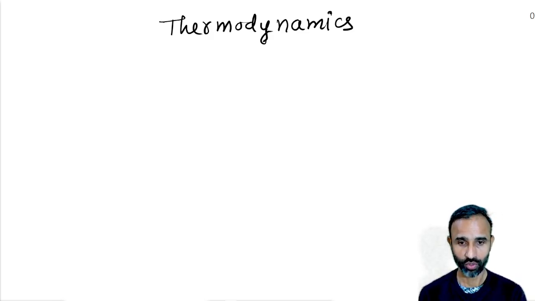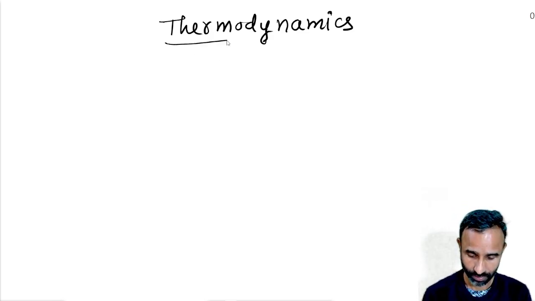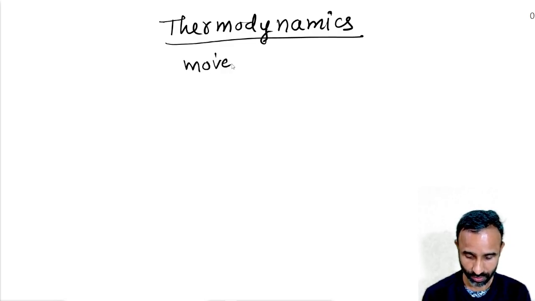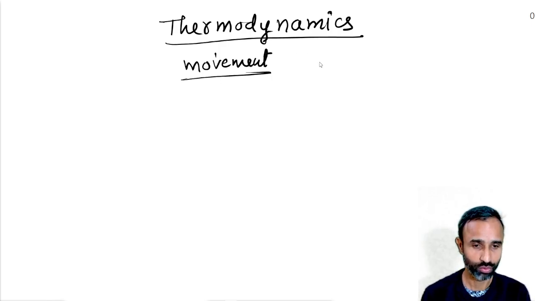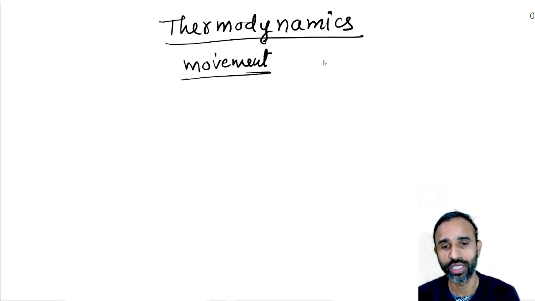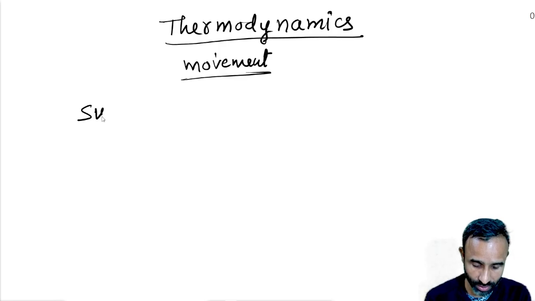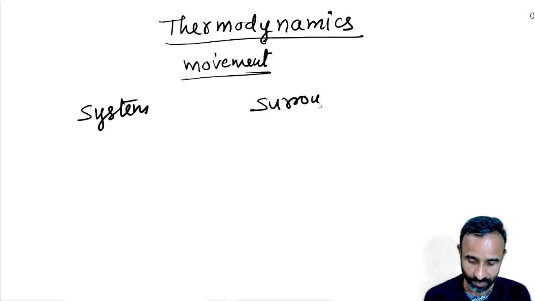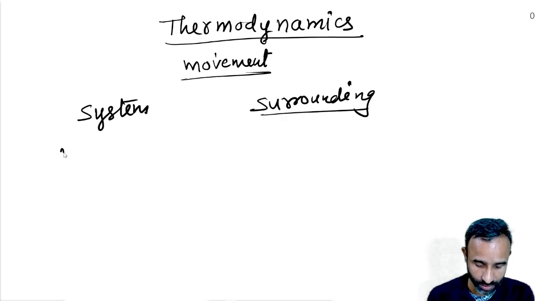Okay, so thermodynamics, as the name suggests, deals with transfer of heat, which means there is movement. It is related to movement of heat, or we can say transfer of heat from system to surrounding or surrounding to system. And do you know what is system and surrounding? So first of all, we will discuss the